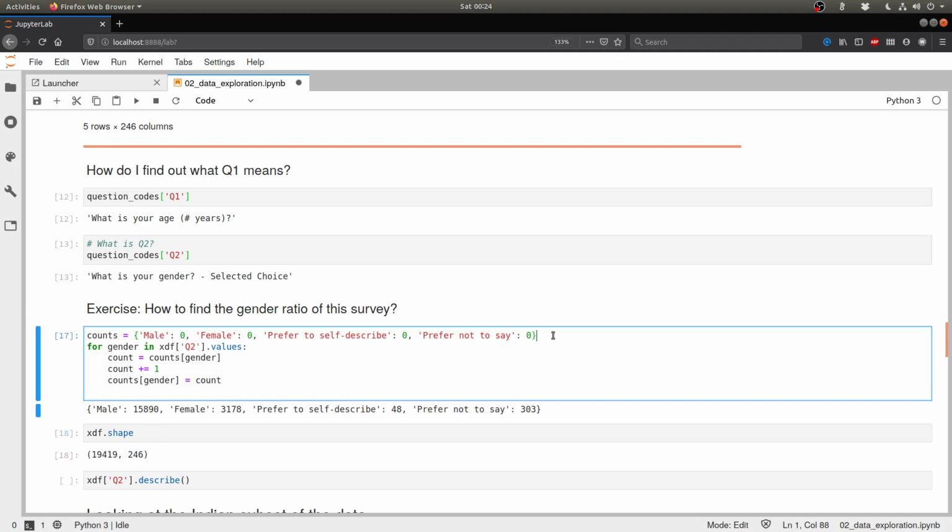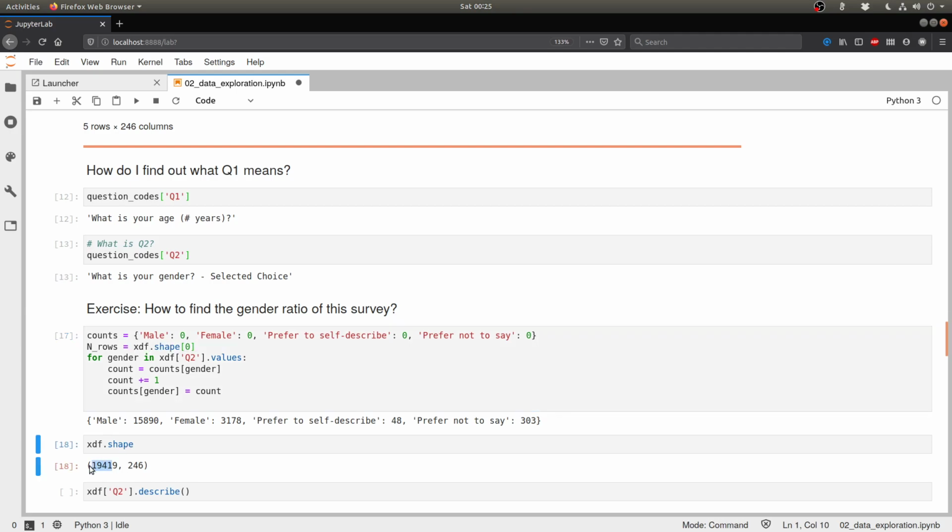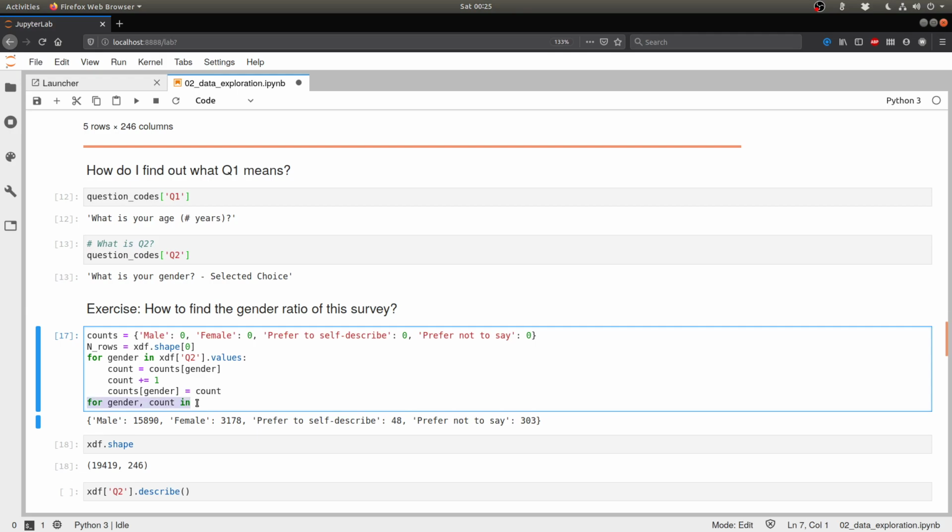So note that this is a tuple and the first value in the tuple is going to be the number of rows. So I can say n rows equal to xdf.shape of 0, because that gets me the 0th element of the tuple. And then I'm going to say that for gender and count, that's probably a bad idea. We don't want to iterate over a dictionary and then do it again.